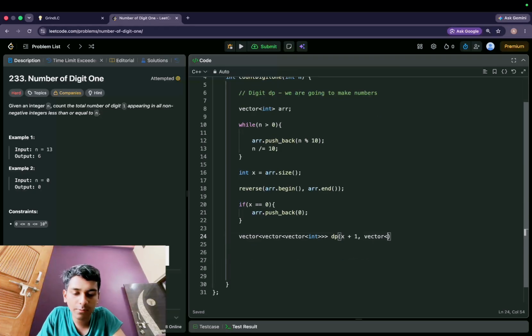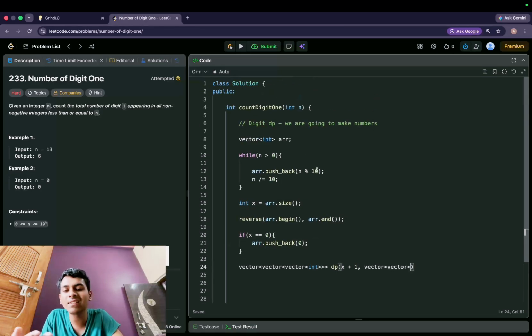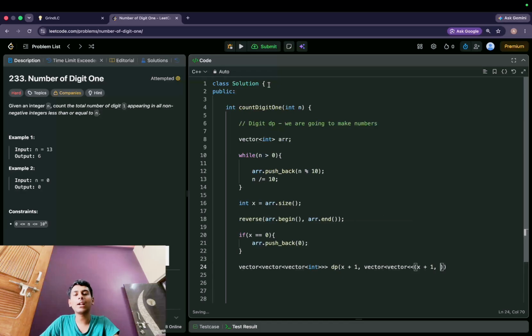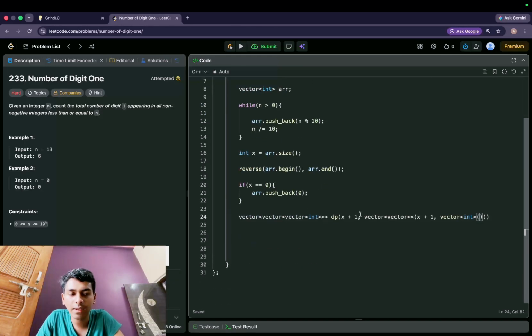And the second one is a vector of vector. Our second state is tracking ones. How many ones we have tracked till now? That should also be x plus 1. What if you are making a number that contains all 1s? So that also should be there. And at last we'll be creating a vector of int. And what does this state store? This stores the tight. Basically, like I told you about the tight thing, if you are following the correct number, then tight goes to 1, and if you're not following, then it's 0. So tight can have only two values, 1 or 0, and I'll store -1 in all of them.